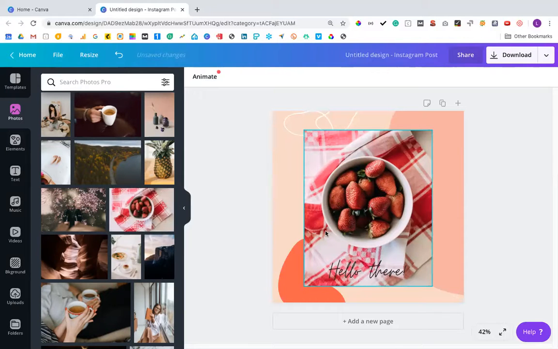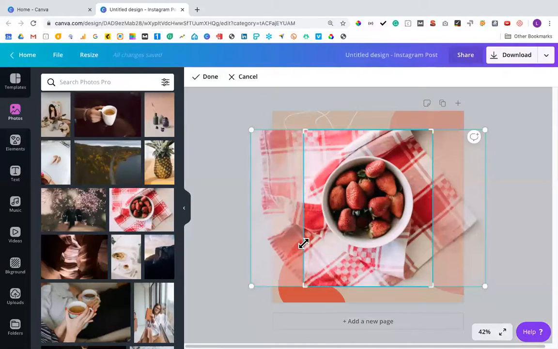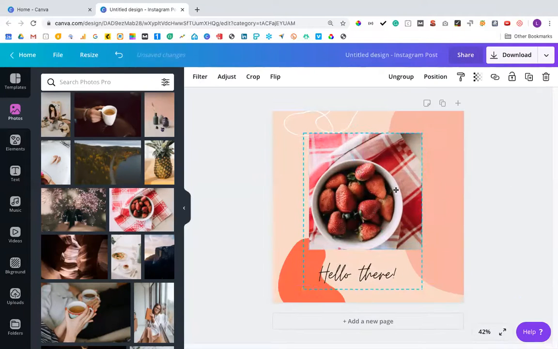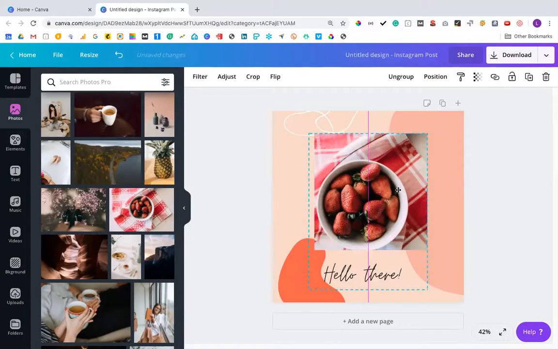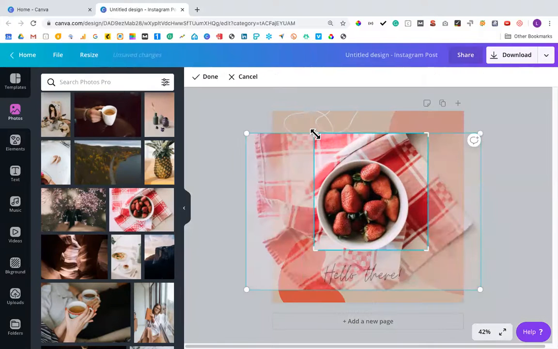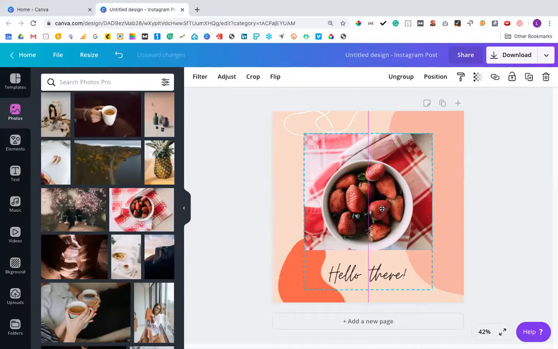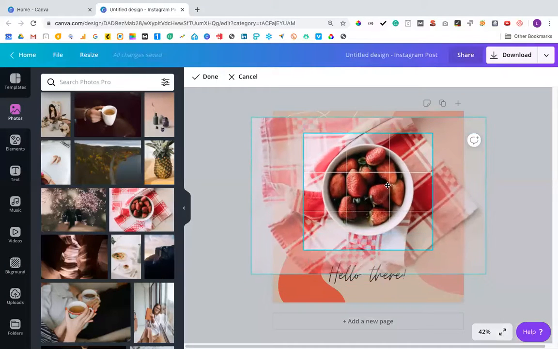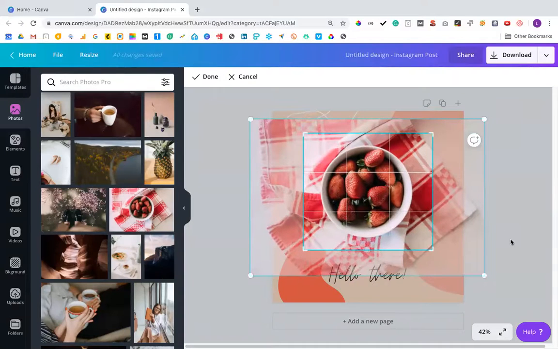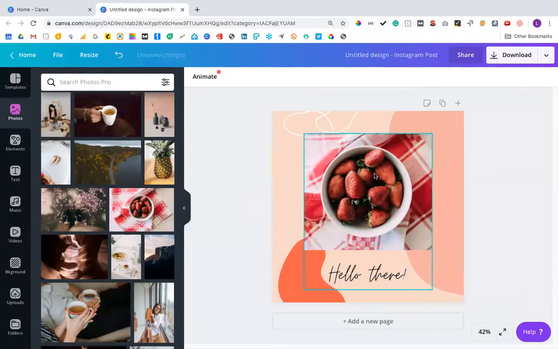So we're going to pop that in there, and we can go ahead and resize it. All right, so now I'm going to actually move this up. It's bugging me. So now we have our strawberry image,